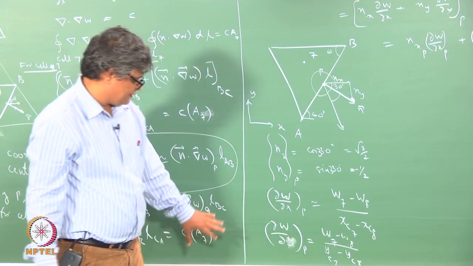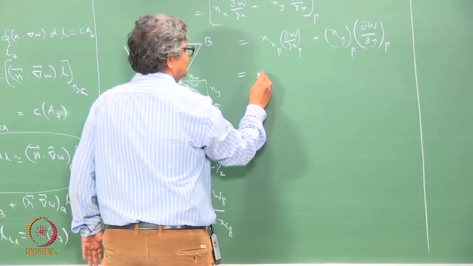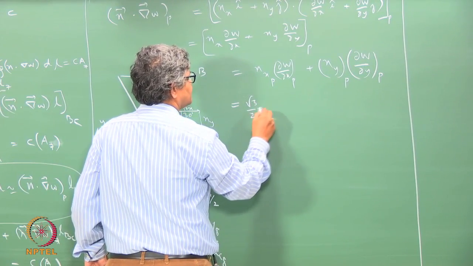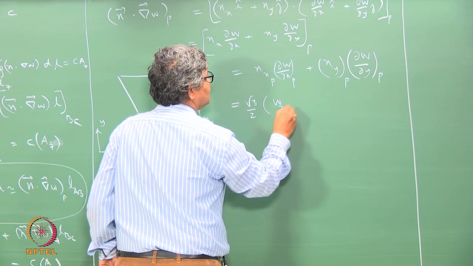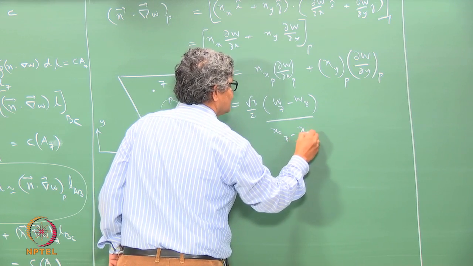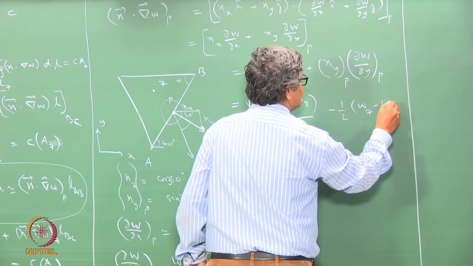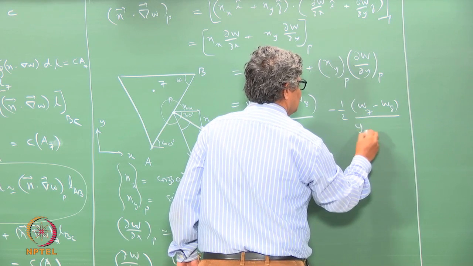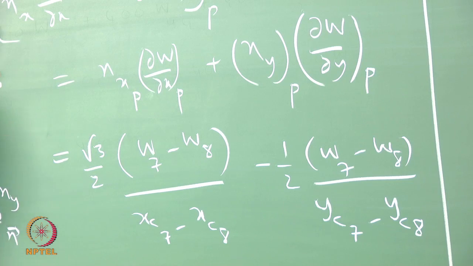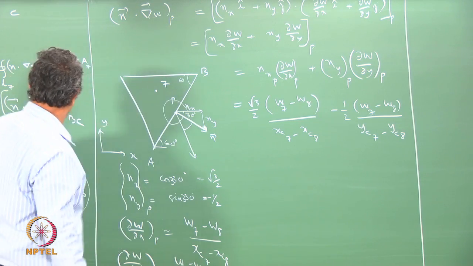So, that is how we can evaluate this, and using this we can write this down here as square root of 3 by 2 times W7 minus W8 divided by XC7 minus XC8 minus 1/2 of W7 minus W8 divided by YC7 minus YC8. So, this is our n dot gradient of W at point P,